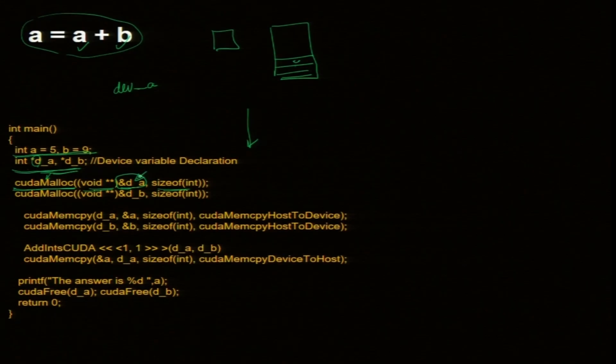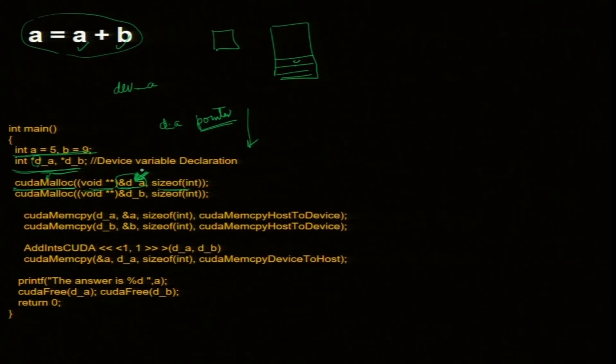Ampersand DA means DA is my variable inside that device, but ampersand DA basically tells you DA is a pointer. There may be a deeper reason for the syntax, but I do not want to break my head over why this ampersand is in there. It just creates a pointer.